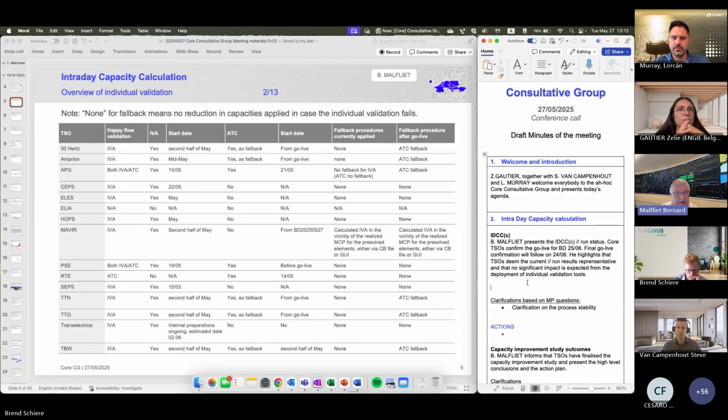And so here is a full table of all the TSOs, where in the happy flow validation, most TSOs are going to do IVA validation. And there is two TSOs who are doing both IVA and ATC validation, depending on the situation, on where they are. One TSO is still in ATC validation, and one TSO is not doing validation, being sufficiently confident about the results, and then estimating that